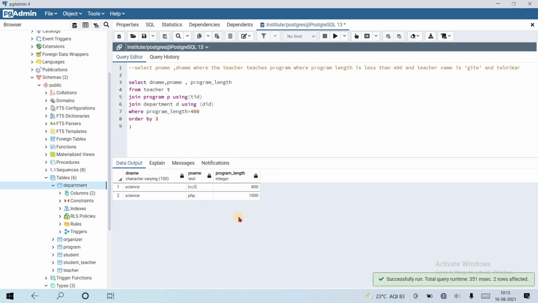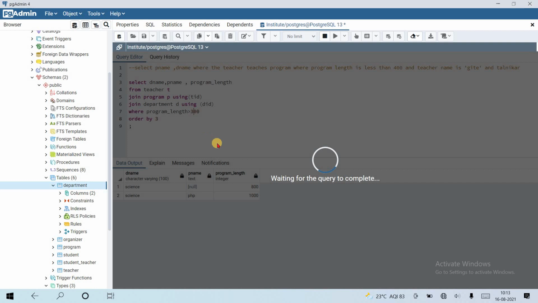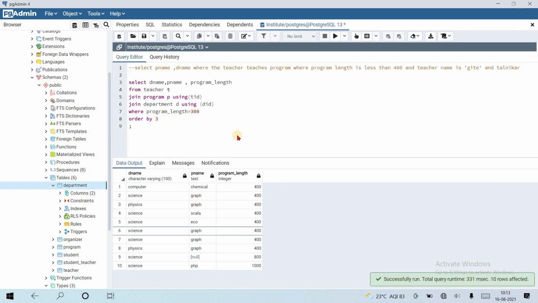Let's see. Yes, it will work. Okay, let's make it greater than 300 because only a few records are coming. Okay, looks good. We don't want this program name column anymore, and order by, suppose, name, second column.